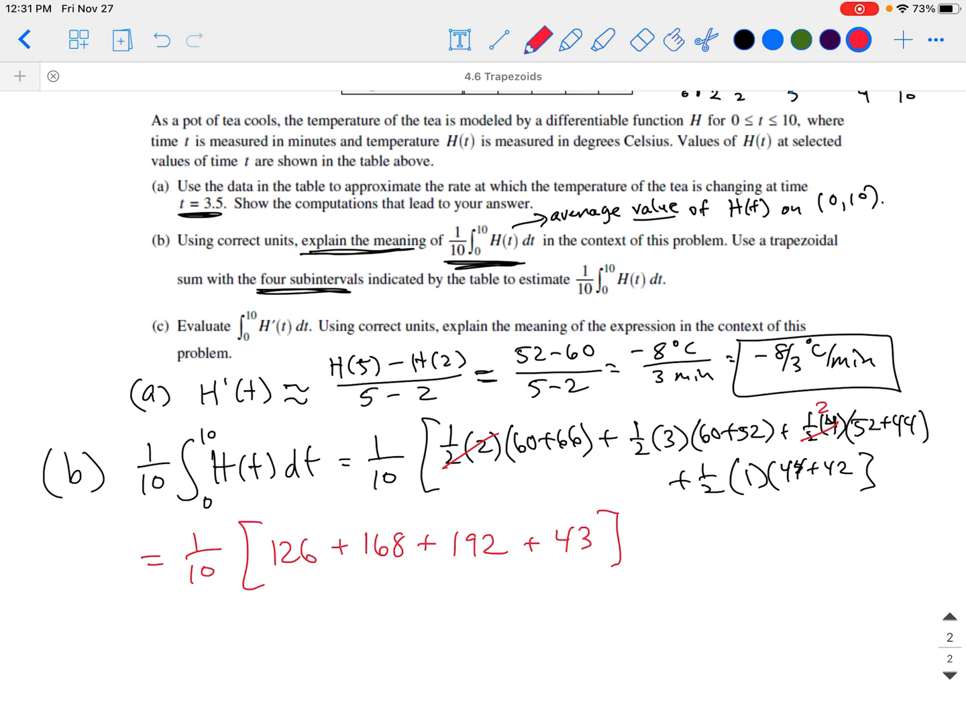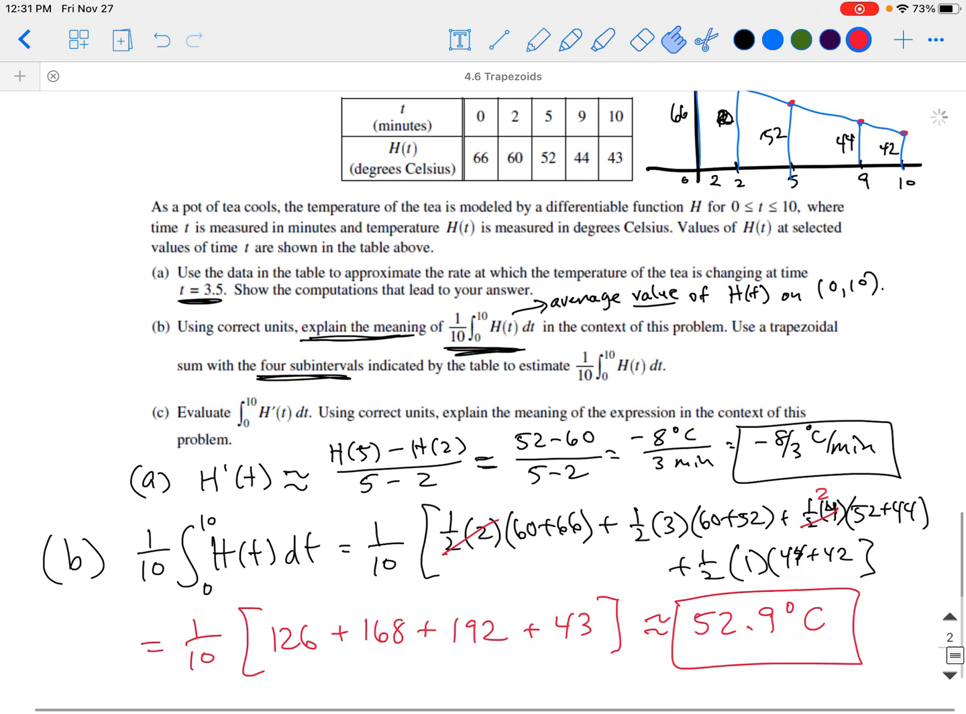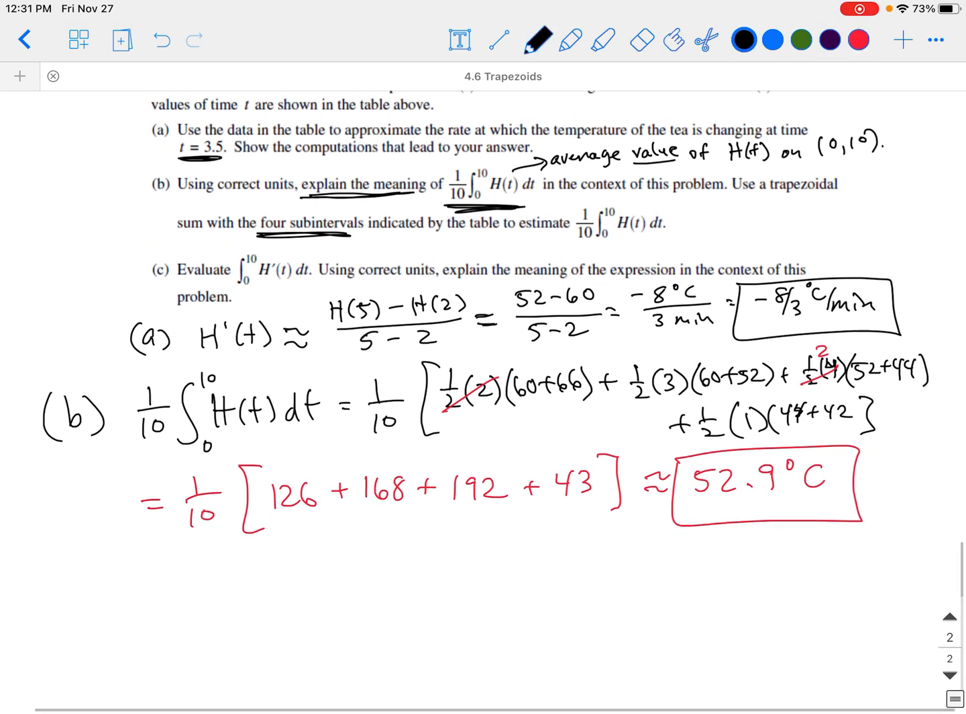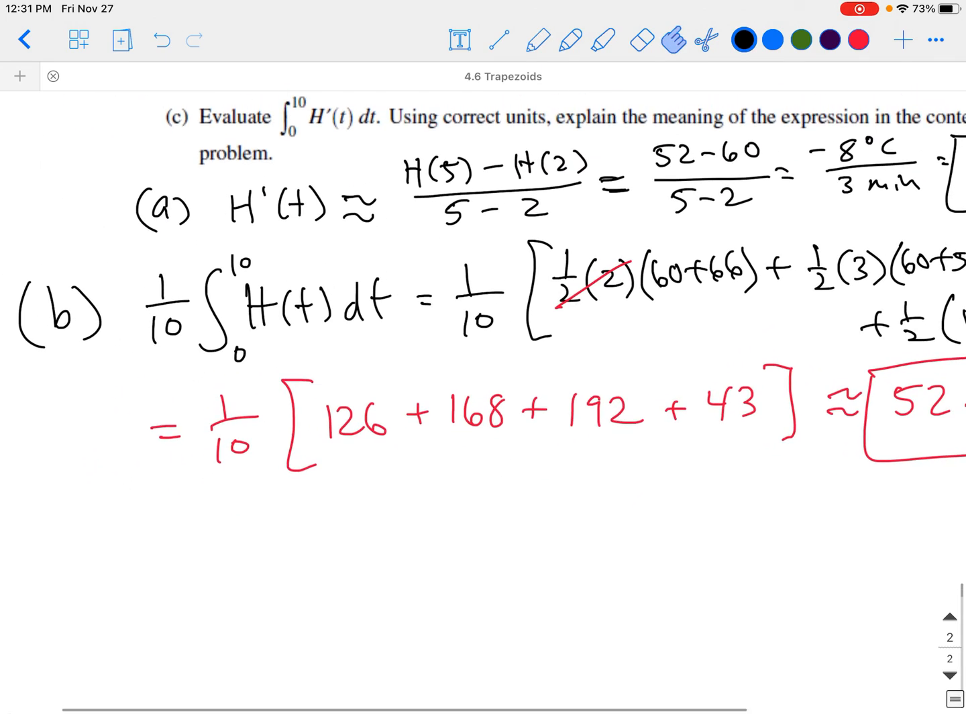So let's go ahead and put those into our calculator here. Plus 168 plus 126 divided by 10. And so we get our approximation is 52.9 degrees Celsius, which given our table should make sense, right? 52 is right in the middle, and it looks like we're decreasing at kind of a steady rate. So it looks like those lower temperatures and higher temperatures are offsetting a little bit. So 52.9 degrees Celsius. And our answer here is going to be that